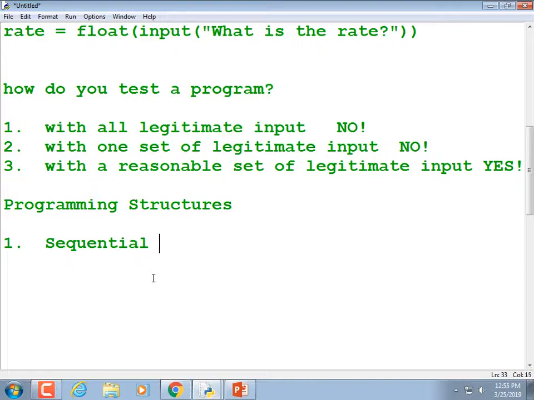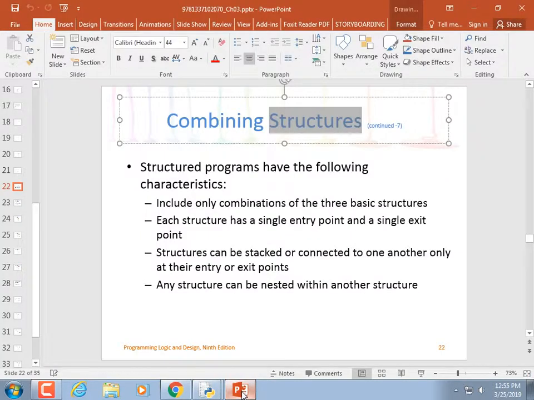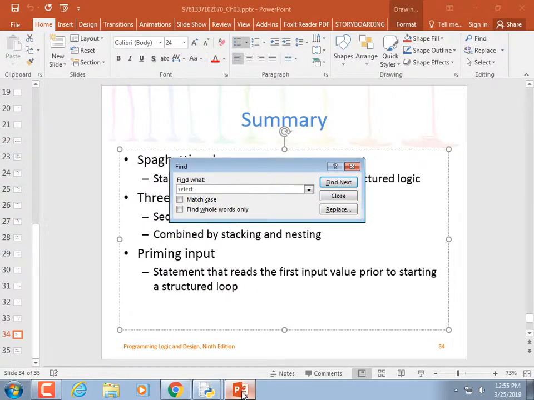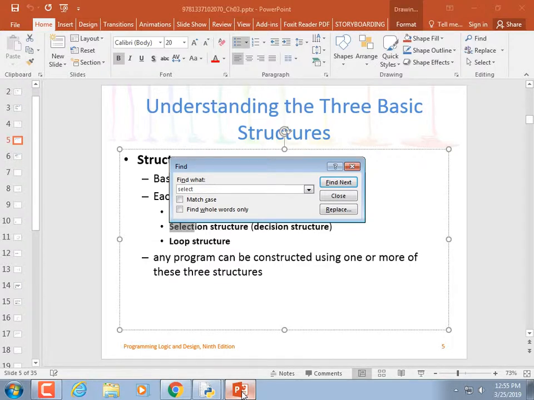Statements one after the other. And then two, decision, which for us is if statements. Let me make sure they don't call it selection. Some textbooks call it selection or use both terms. Okay, they did call it selection.